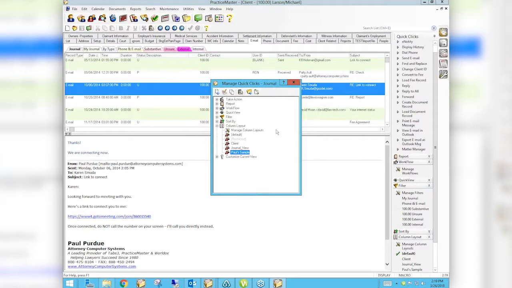So how do you keep it from showing up on certain users while still letting other users have access to it? Well, it's not the best solution in the world, but I can log in as the people that I don't want to see this. I can come into this Manage Quick Clicks area, and I can right-click on Paul's sample, and I can say Hide, okay? So where Mary Jo said just a minute ago that you need to go around to each user and log in as them and make this setting that she demonstrated for the emails,